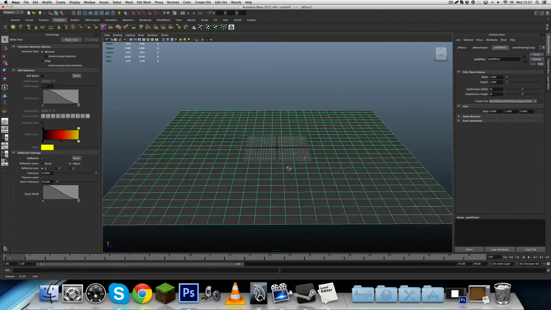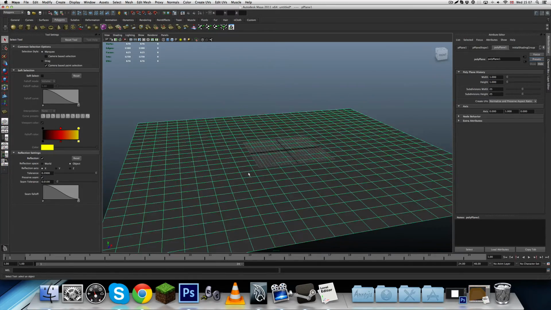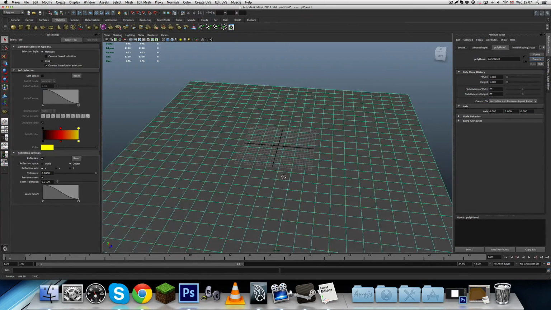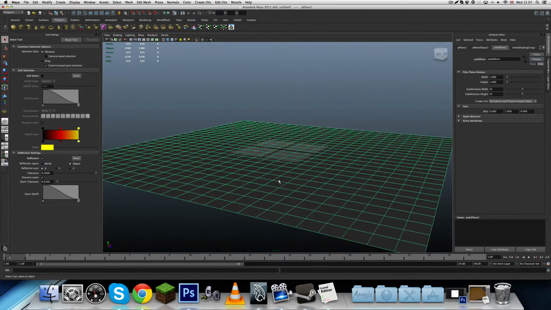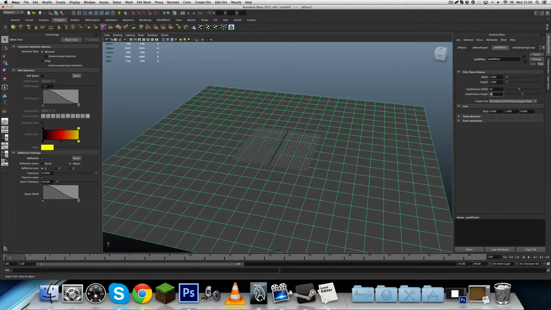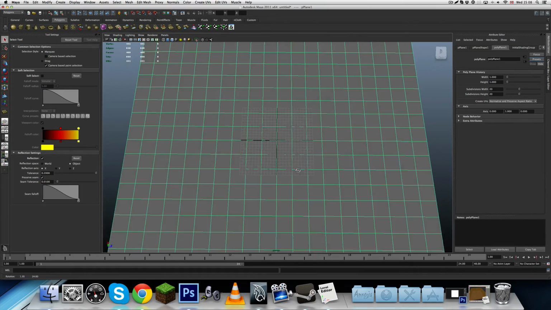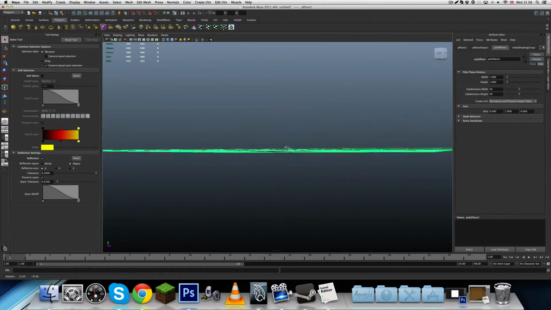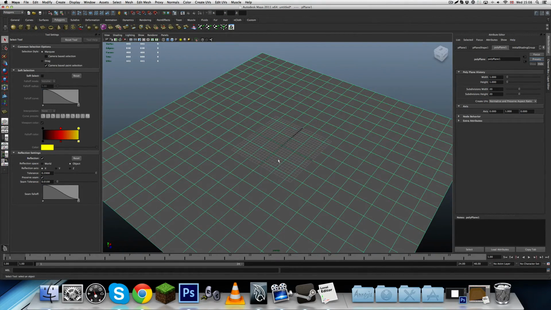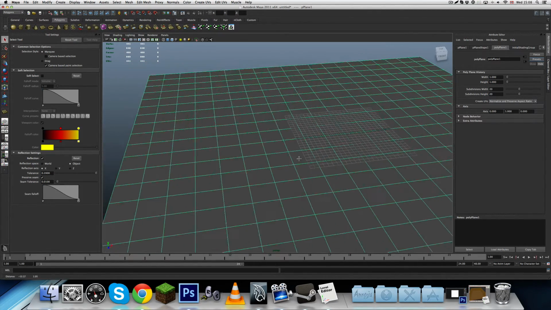So what we can do here is take some of these points and push them up. But I don't know, do we want to do that with this many? Because we might not even need this many subdivisions. Let's see, 20 by 20. How much is that? That's like 400, isn't it? So that would be 400 polygons for this model. 400 for this model is actually quite a lot, but I think we can work with it. There's not going to be that much difference from each of these, but